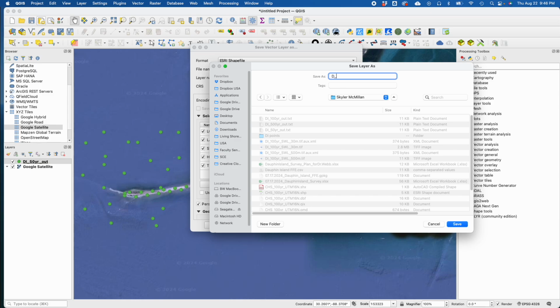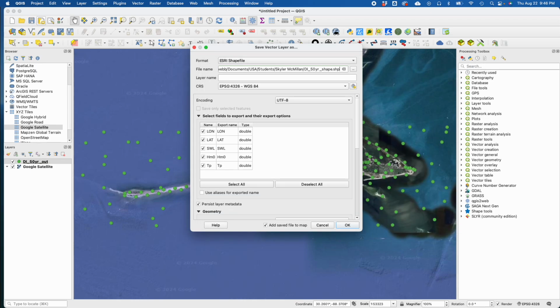So this will be DI 50 year, and I'm just going to put shape in there just to remind me that when it pops up in the layers menu over here that I'm looking at the shape file, not the text file. At this point, you really don't have to change anything else,